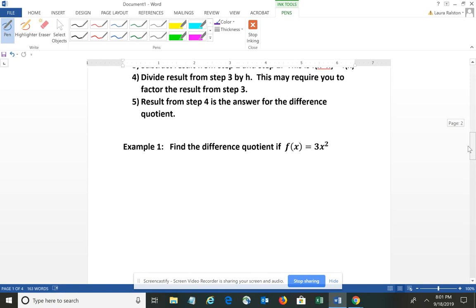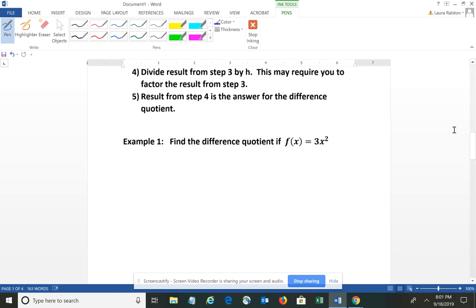So I want to look at a couple of examples, and I'm going to try to break it down using those steps that I just outlined for you. So step 1 is I'm given f of x. So f of x is 3x squared. Step 2,